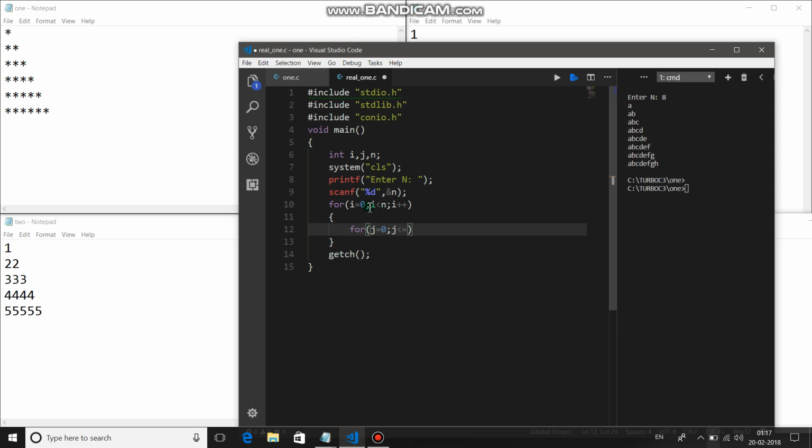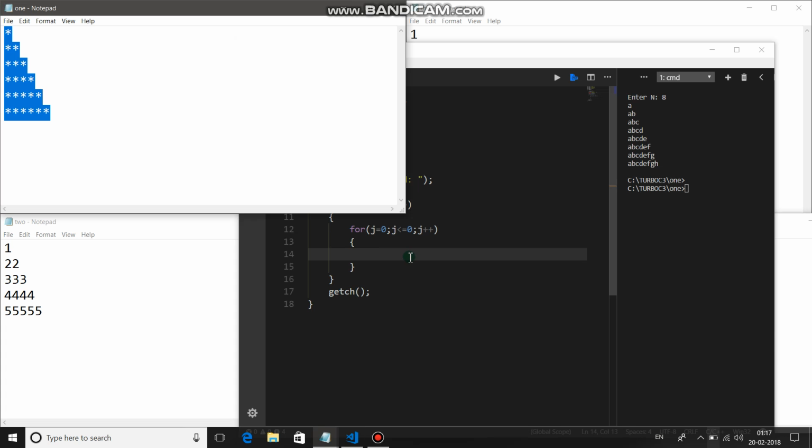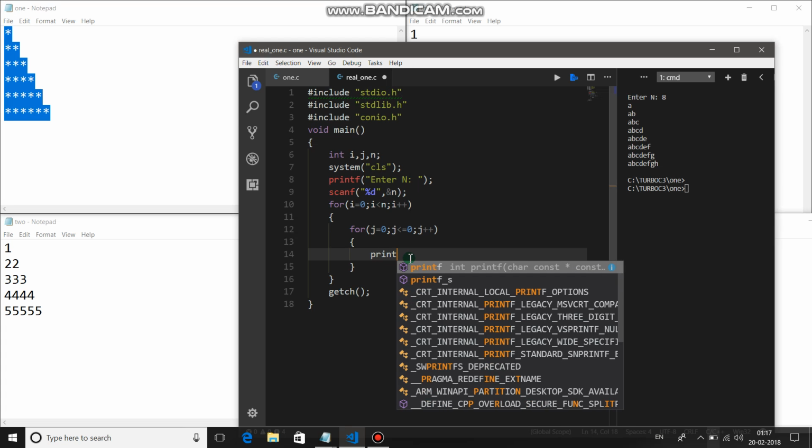So for the first line your i would be 0, so your j would be from 0 to 0, j plus plus. Okay, you can also use from 1, 1 to n, less than or equal to n, but the thing which I prefer is 0, because when we are working with arrays we start from 0, and when you go ahead in patterns you will use arrays too. So once you have completed both the loops, you will get this pattern. Just print it, printf